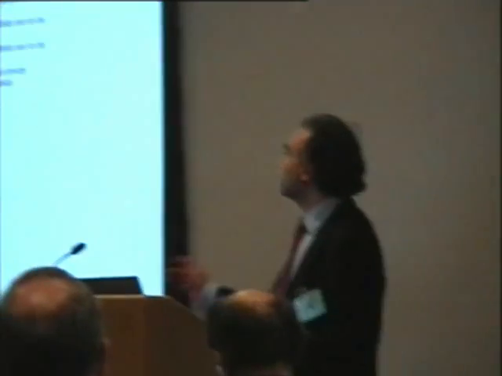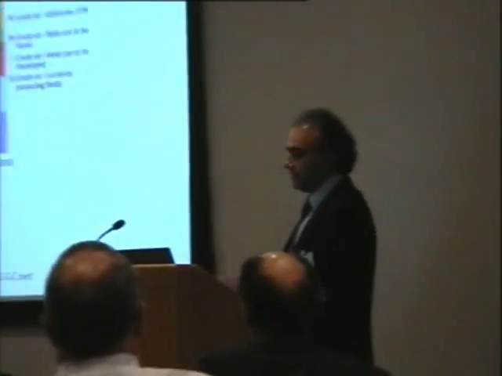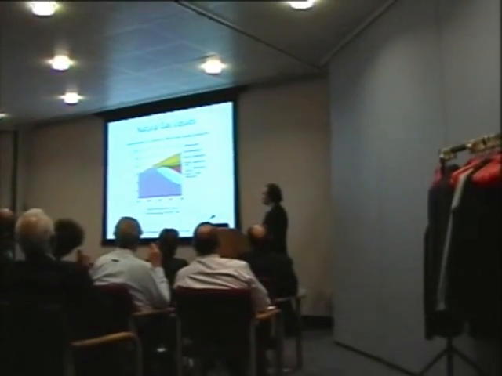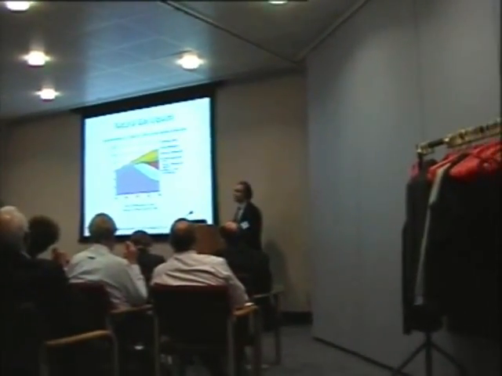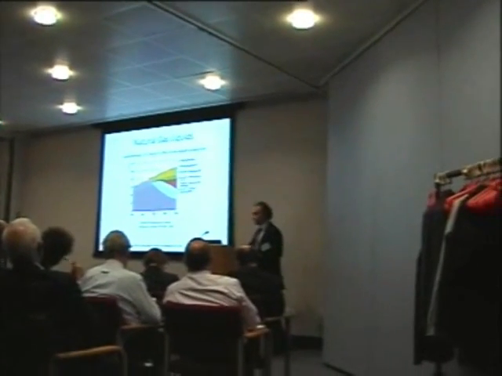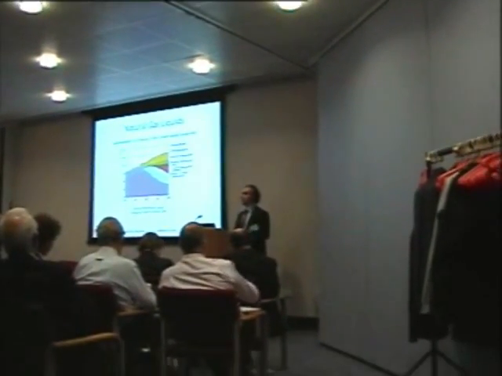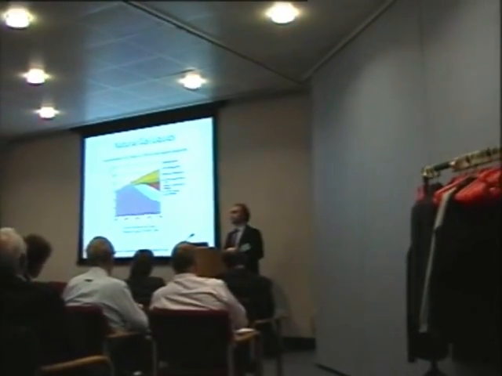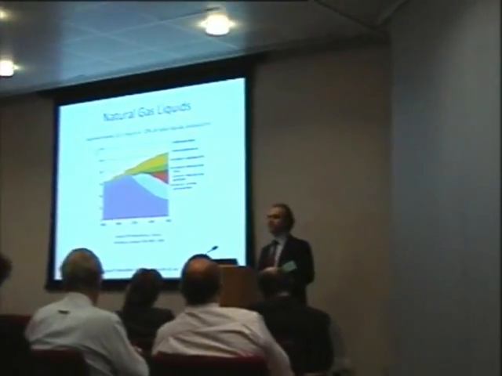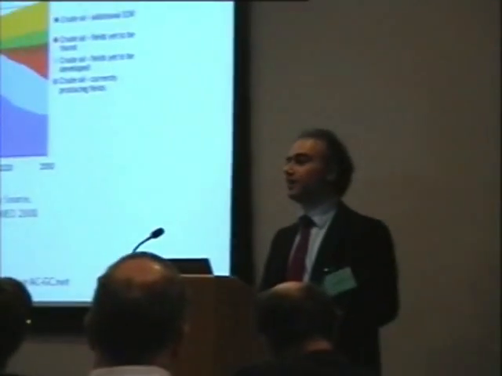Now, as you can see from this, the top yellow line, basically the natural gas liquids, represents about 10% of our total liquids flow. So when we're told that we've got about 86 million barrels a day of total liquids production, we don't normally talk in terms of oil these days anymore. It's oil and natural gas.